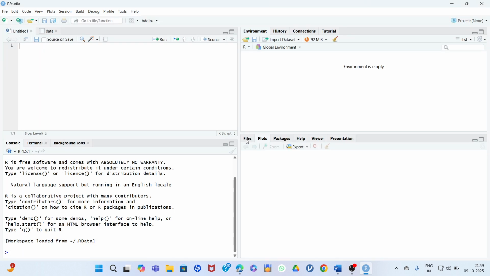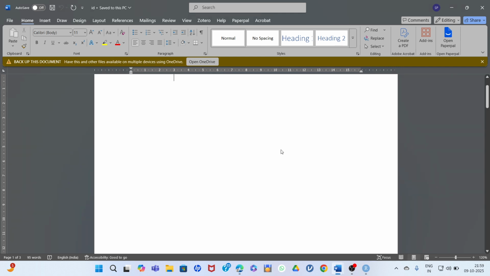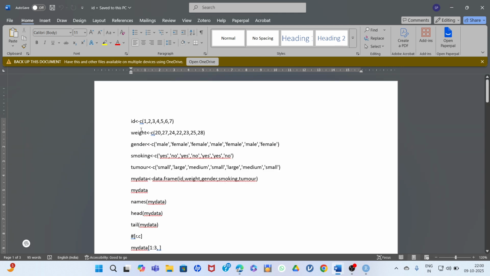So today we will learn about how to do data manipulation or how to change your data while you are working in R. So many times when you are working in R, you have to do minor changes in R. So let's see what are the commands for that. Let's clean my screen, and these are the commands